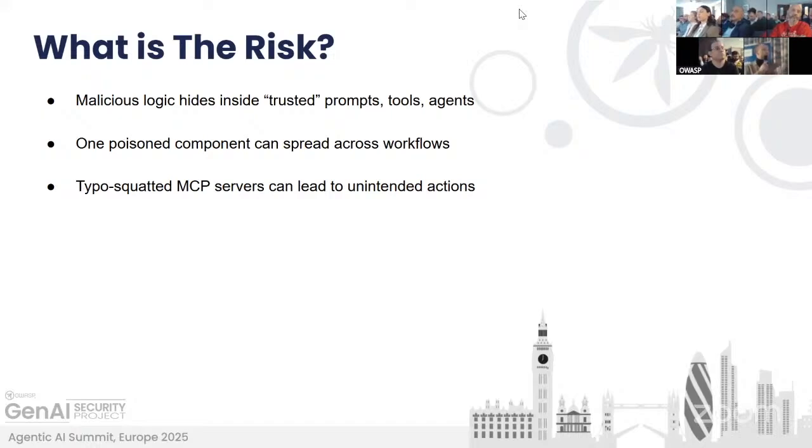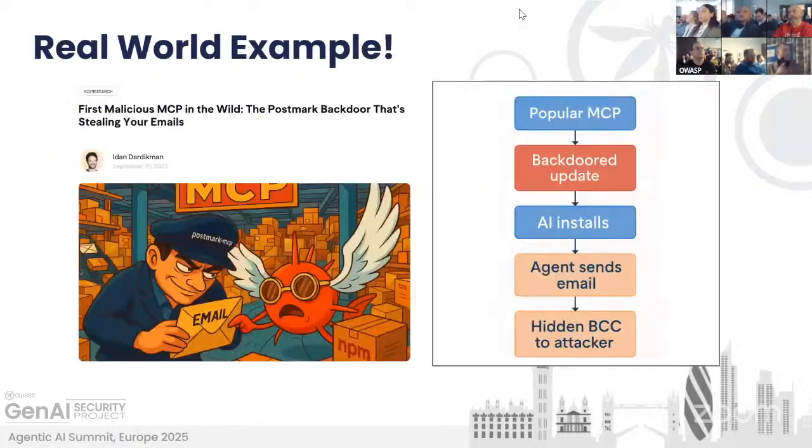That's another risk. And as we saw in NPM, the typosquatting problems with libraries have already been noticed in MCP server registries. So be careful when you find your MCP server and check the name, because it could lead to unintended action or behavior of the entire system. To demonstrate the risk, there are many examples, and I encourage you to explore the references in ASI 4, supply chain, and other items.